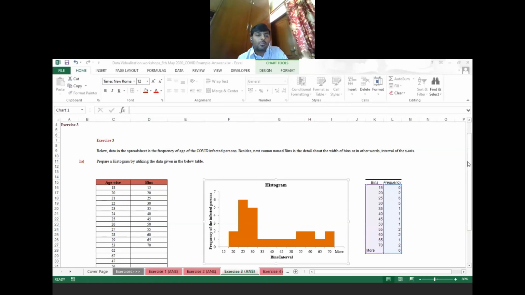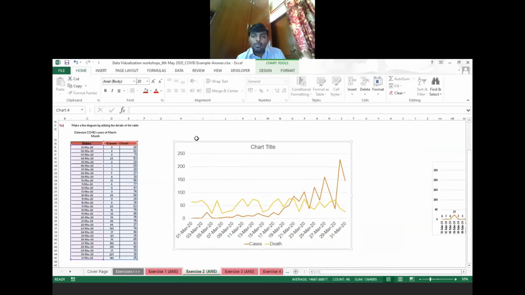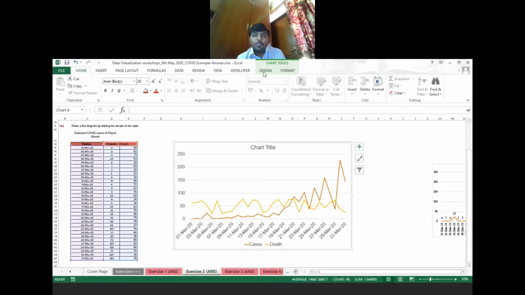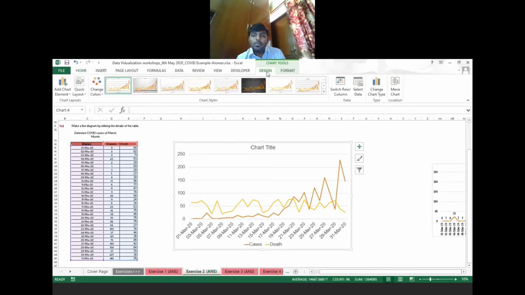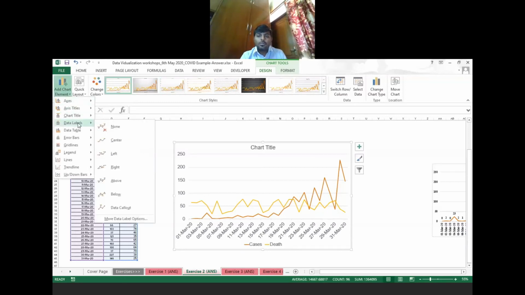I'll again tell you how to give values. For giving values, just go to the chart, then go to the drop-down menu, that is the design option. After clicking design, you'll get add chart elements. From here, the fourth option is data labels.